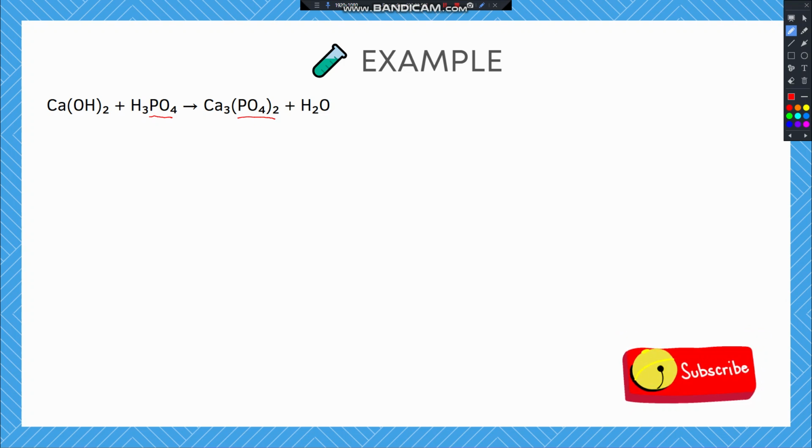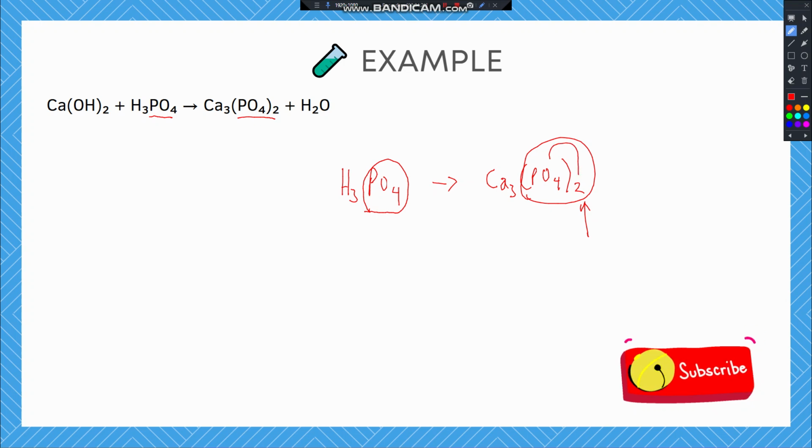So for the polyatomic ion, we have H3PO4 yielding Ca3(PO4)2. For this polyatomic ion, on the left hand side we have just one unit. On the right hand side we have 2 units because of this subscript of 2 that affects everything inside this bracket. So in order to balance it, we simply add a coefficient of 2 on this side of